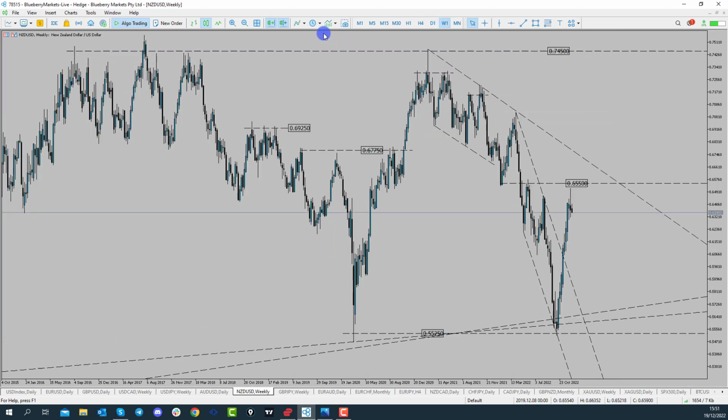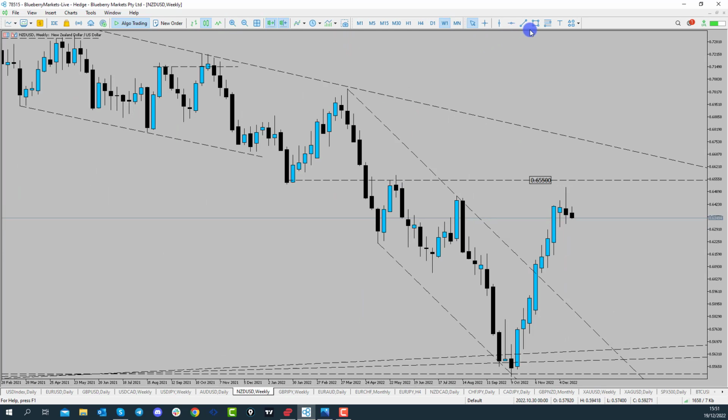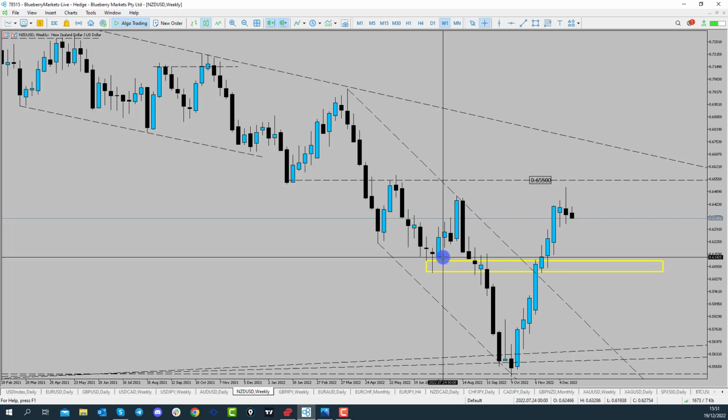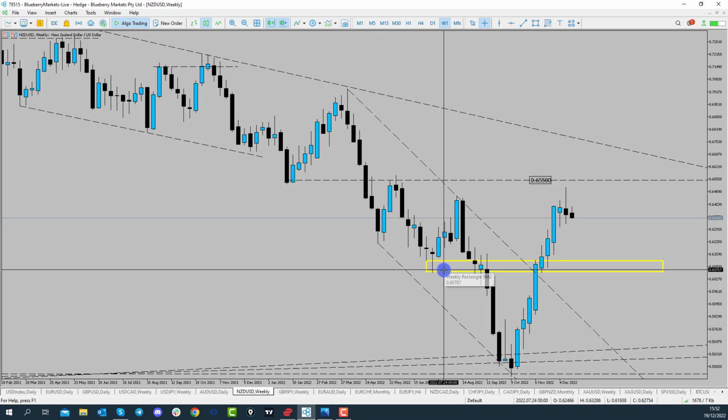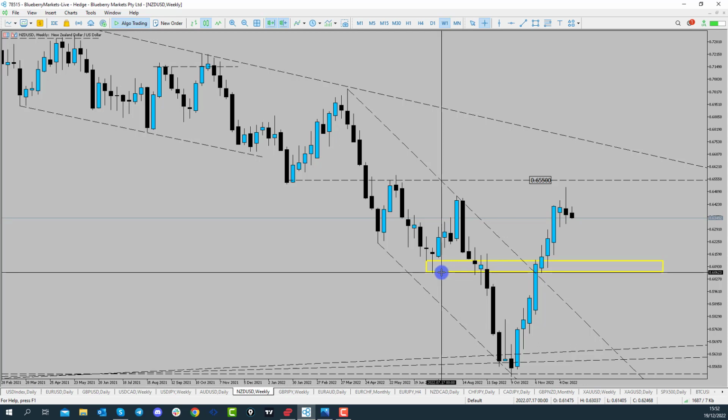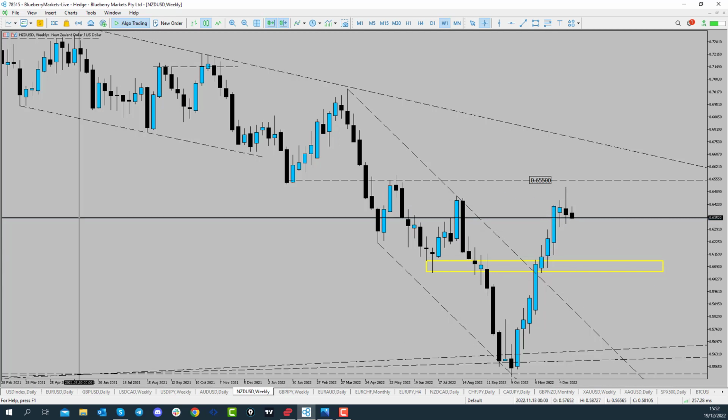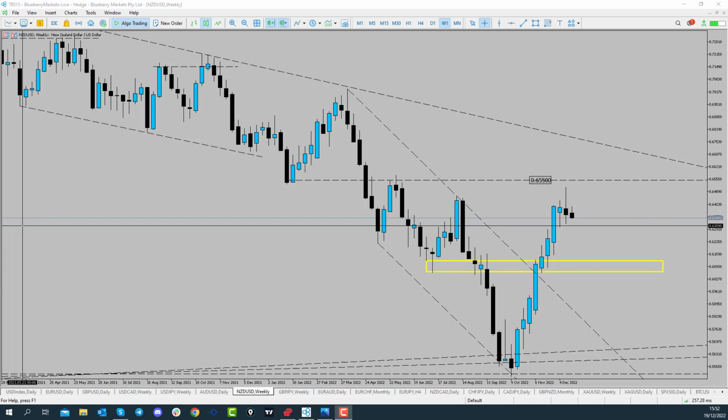If it follows the bigger picture and we look at it from a weekly point of view, I'm actually quite eyeing up the sort of head and shoulders play at the moment, which would require price to come back towards this sort of area in here between the 0.6140 and the 0.6060. That sort of area there would be of interest, because what that would show me is that one, we've closed towards these highs,